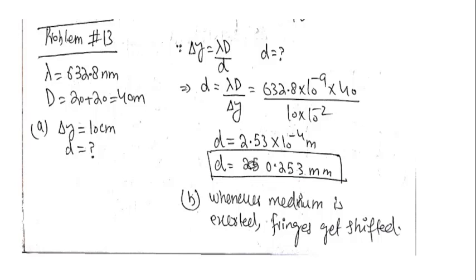In part 2 it is asked to state what you will see in the lecture slits if a thin sheet of cellophane is placed over one of these slits. The path through the cellophane contains 2.5 more waves than a path through air of the same geometric thickness. Actually I didn't solve this problem, but you should remember that if a sheet is inserted then the patterns are shifted, so there will be a shift in the pattern. So I think that is enough. Whenever a medium is inserted, the fringes get shifted.